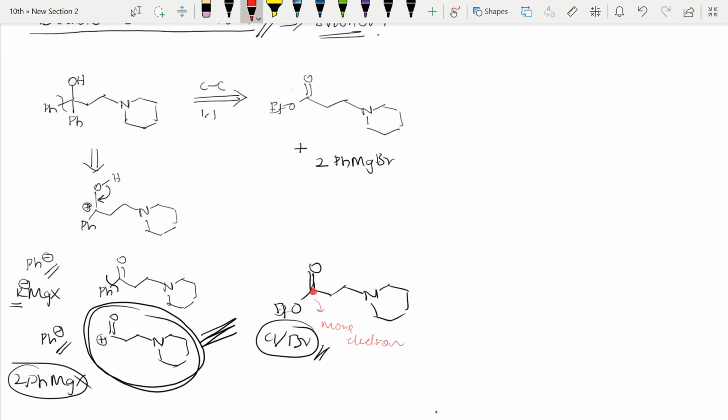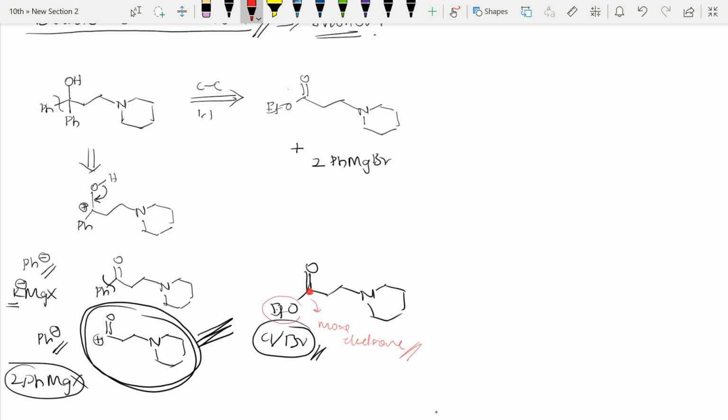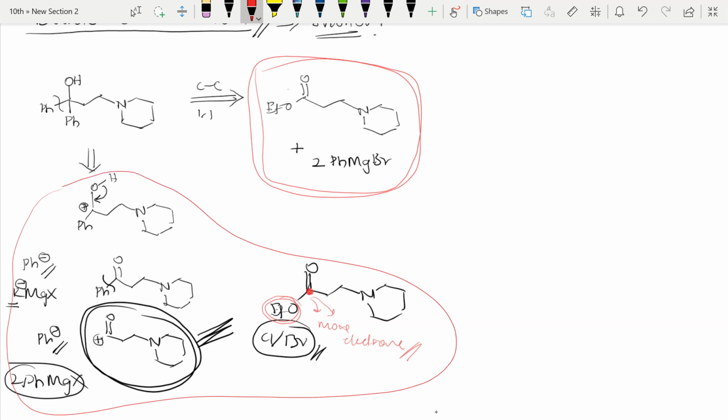So this carbon will be more reactive, so it will react. To decrease that reactivity, we add this OEt, because it also makes this positive, but not as much as chlorine and bromine, right? So OEt we will put. Like that we got this product which I am showing now. I hope you got it. So double disconnection, to avoid all these steps, I can simply do double disconnection like this. If I do double disconnection, I'm going to directly get this reagent, right? I hope you got what I wanted to explain.